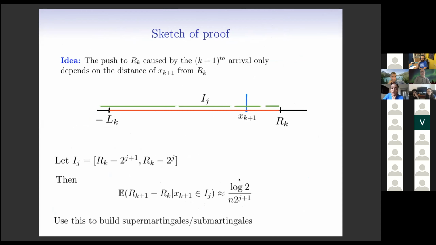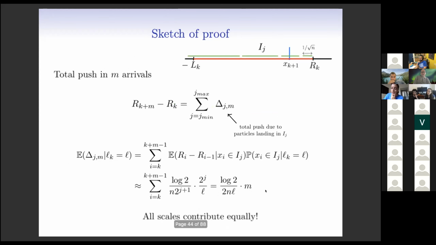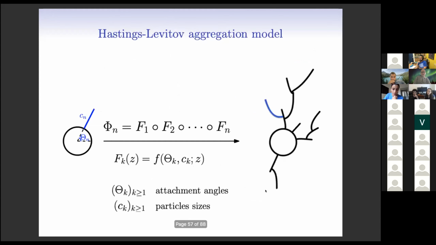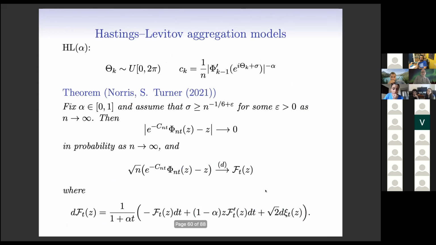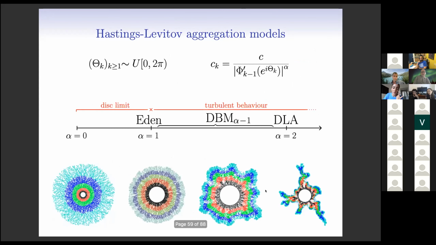Most of our results, even for Hastings-Levitov models, are universal in a large class of particle shapes. And that we did in the papers with James and Amanda. But there is one kind of result which is not universal in the particle shape, which is